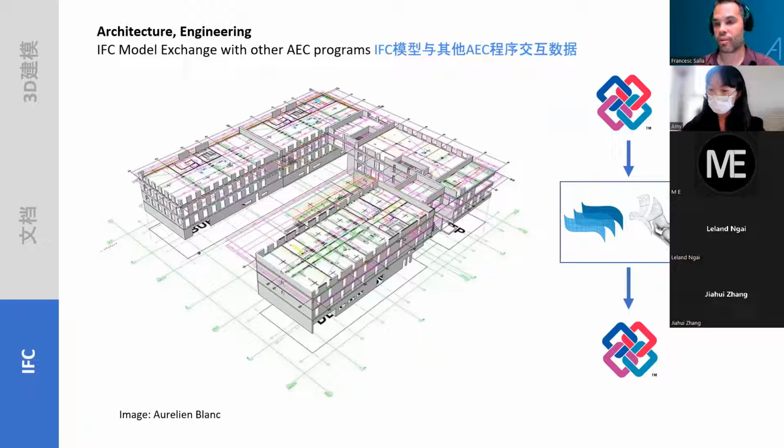So thanks to VisualARQ, we can import IFC files into Rhino, work with the geometry, work with the data on the geometry, and finally export the model back to IFC to deliver the IFC or BIM model. 那 IFC 模型还可以与其他的 AEC 程序交互数据，这个包括这个我们看到这个 IFC 的这个格式，